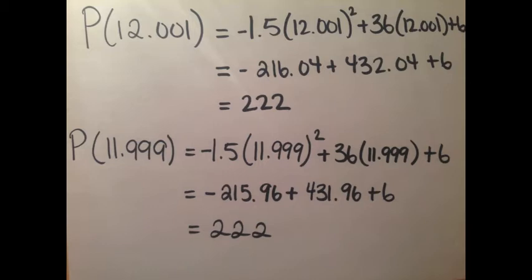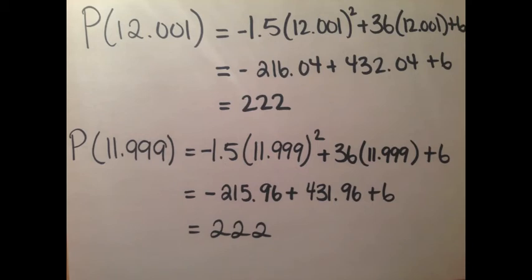P12.001. Now that we have solved for P12.001 and got an answer of 222, we can move on to solve for P11.999. Now let's solve for P11.999 by plugging in 11.999 into our original equation as our t-value. Now that we have plugged in our t-value, let's solve for P11.999. Now that we have solved for P11.999 and got a solution of 222,